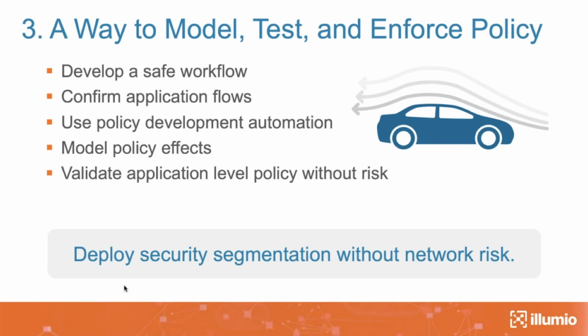So that way you can say, okay, great, I saw this flow or this particular communication that is not part of the policy, but I'm going to allow it and I'm going to flag it so somebody can take a look at it and say whether it is legit or not. And then once we feel all comfortable, I can say, yep, and then put it into full enforcement mode. Most network-based techniques using IP addresses, VLANs, access lists, firewall zones will not allow you to do this kind of a thing. And this is really important because what you are now doing is segmentation without risk. You are not afraid that I'm going to break the application.